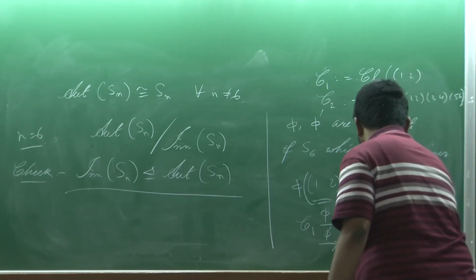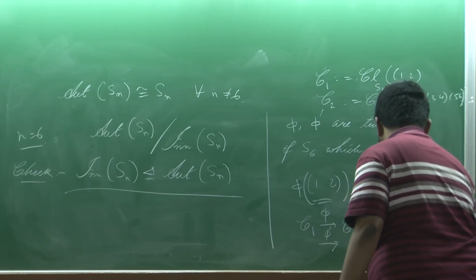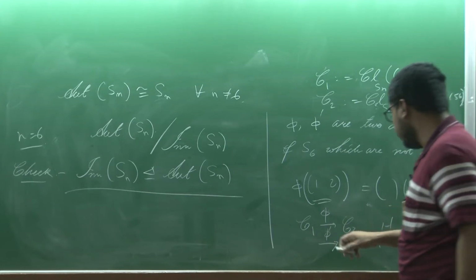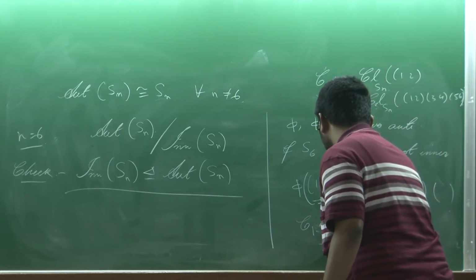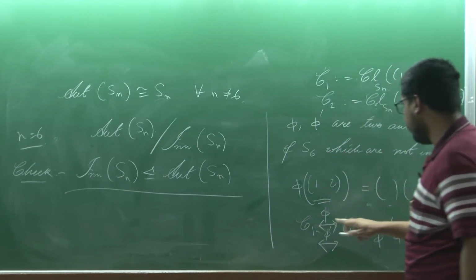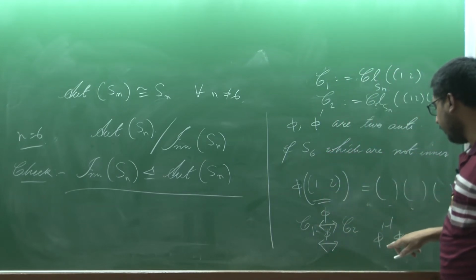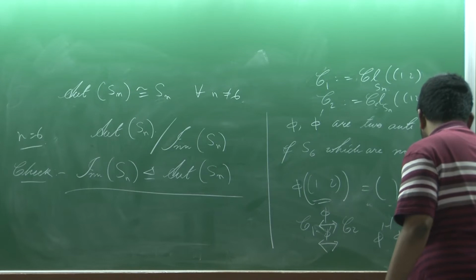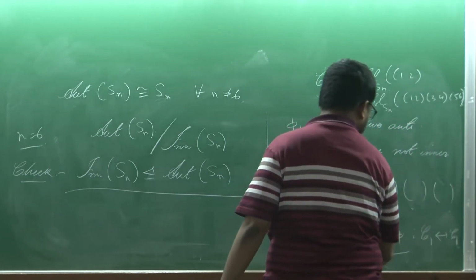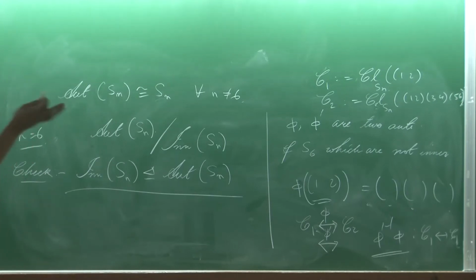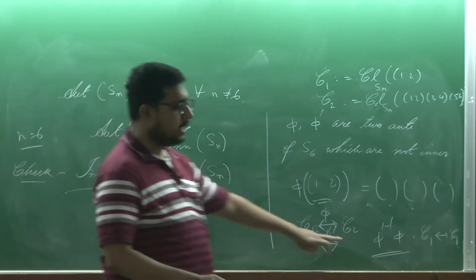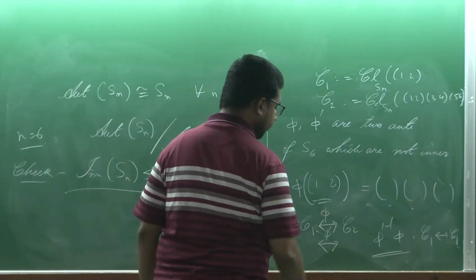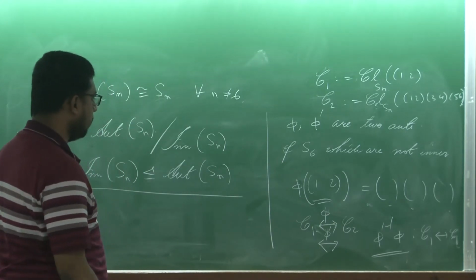Therefore phi prime inverse phi, this is also an automorphism. So phi sends C1 to C2, phi prime inverse sends C2 to C1, so this sends C1 to C1. So thus this is an automorphism which sends every transposition to some transposition, hence this has to be inner, right. So that means